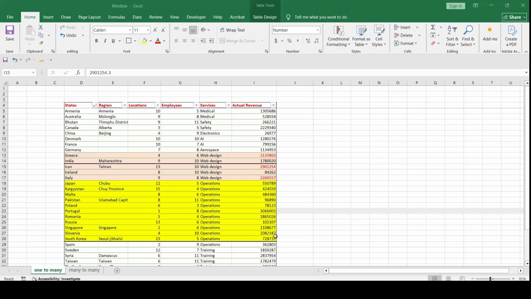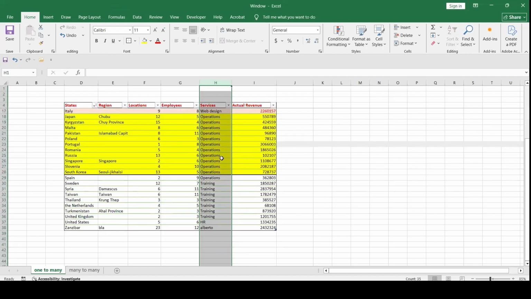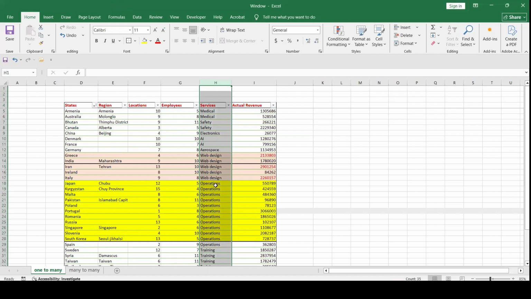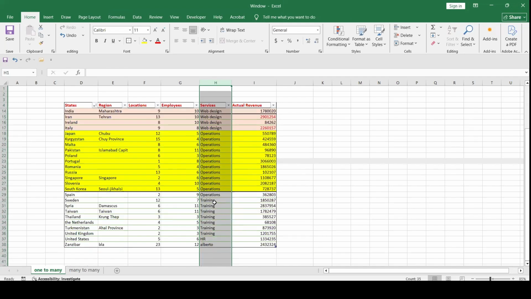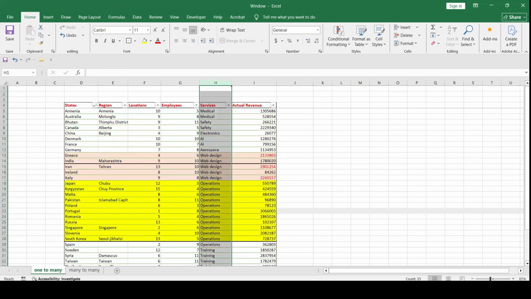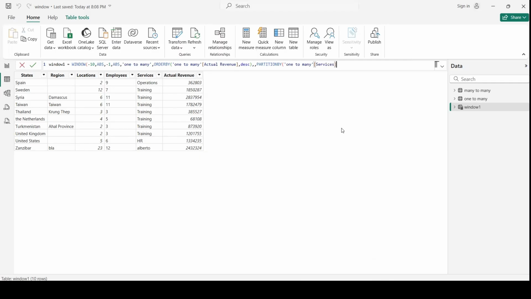If we go back here, in our services column, we have clustered names. So this is what we are looking for with the partition, to separate our data based on clustered services, and extract values that we are interested in.